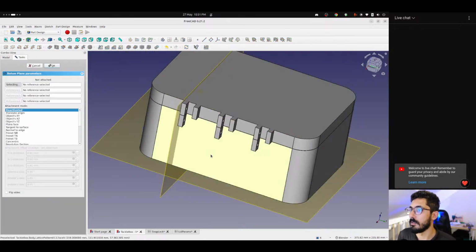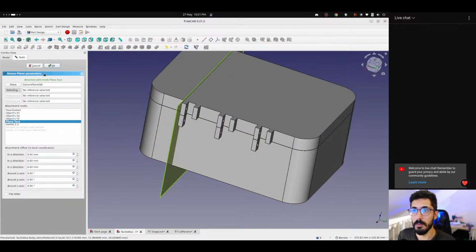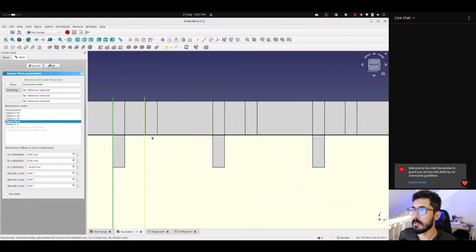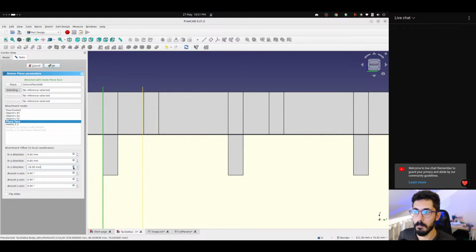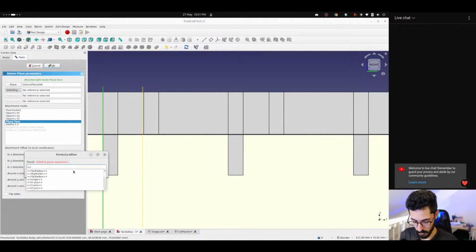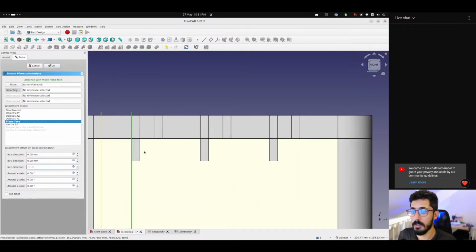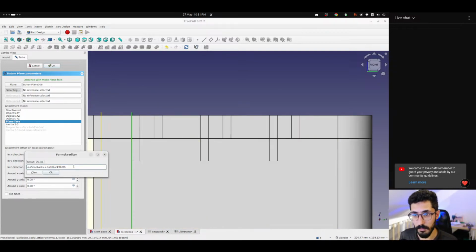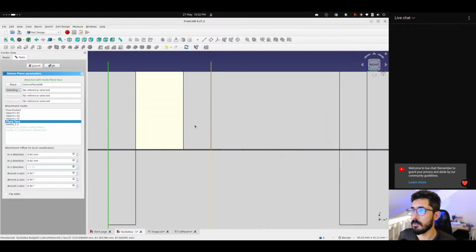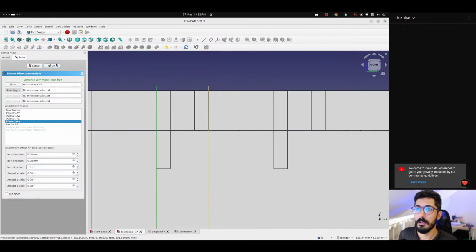So let's create a datum plane, attach it to this plane in the Z direction. We need to go by, so tackle, no, snaplock dot spacing, no, total lock width, and this is negative, should be right here. Okay,